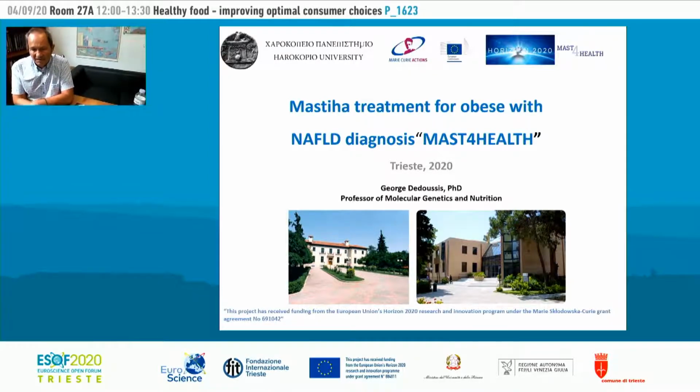Non-alcoholic fatty liver disease is a very common disease nowadays. Actually, 30% of the worldwide population have been diagnosed with the disease. So we decided to design an intervention trial,